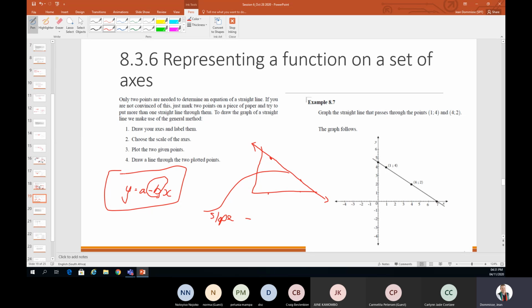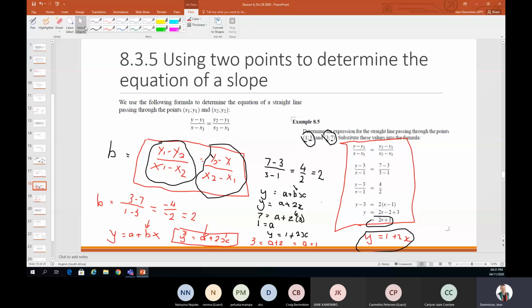So again, just a kind of tip: if you have plotted your graph, you can make assumptions out of it. See, when we plotted this one, I did it and it was something like, that was one, and it was something like that. So that told me already it is positive. So that needs to be positive. So if my answer is negative that I'm getting, somewhere in this calculation I made a mistake. Okay, and that is important.